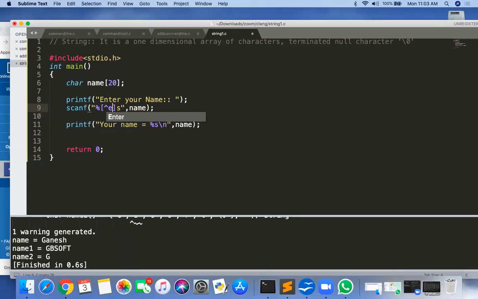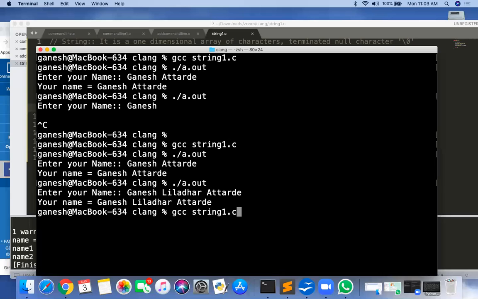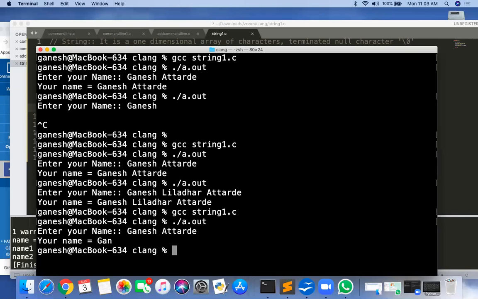Suppose, okay, what I'm doing? Scan up to E. Scan up to E. So I'm giving the input as Ganesh, suppose Attarde. Okay, so what is the output? Can you see?